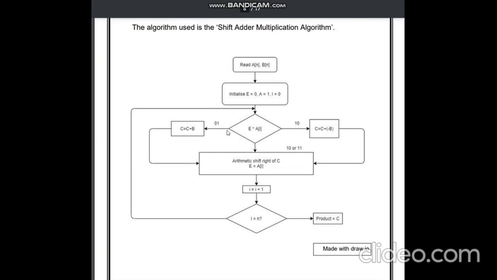Then if it's 0 1, it goes to C equal to C plus B. If it's 1 0, it goes to C equal to C minus B. Then if it's 1 0 or 1 1, it directly goes to arithmetic shift right of C, E equal to AI. Then it goes to I equal to I plus 1. Then it goes to I equal to N. Okay, then the product is equal to C. So this is a basic flow chart for the shift add multiplication algorithm, which was possible by drawing with